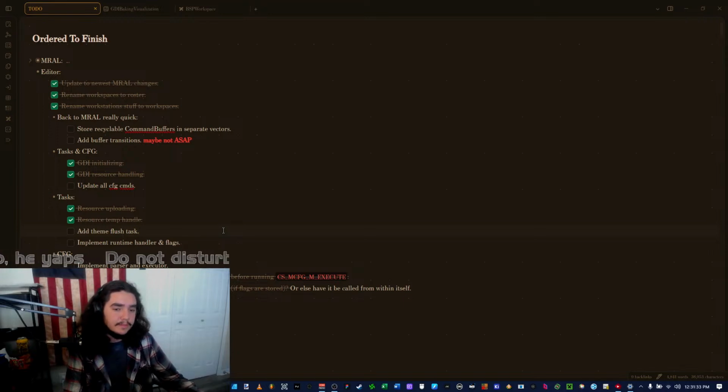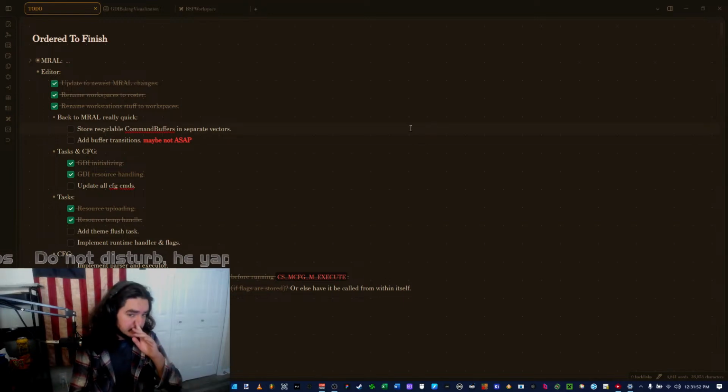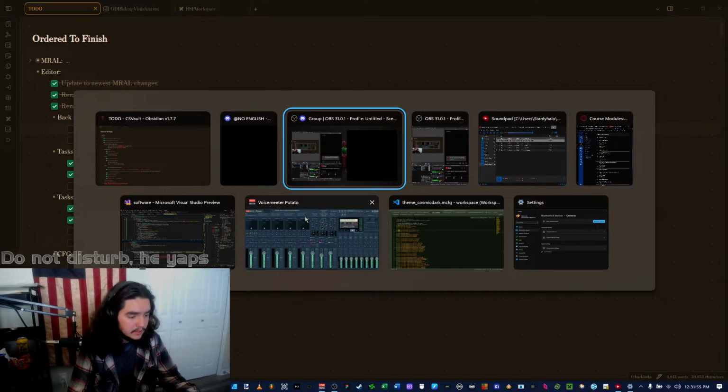So I need to queue those up and trigger those when I need to. But otherwise, everything else should be good. So that needs its own task. But yeah, not too complex. Not gonna make it too complex. I'll leave the complex stuff to the UI. So let's get going.